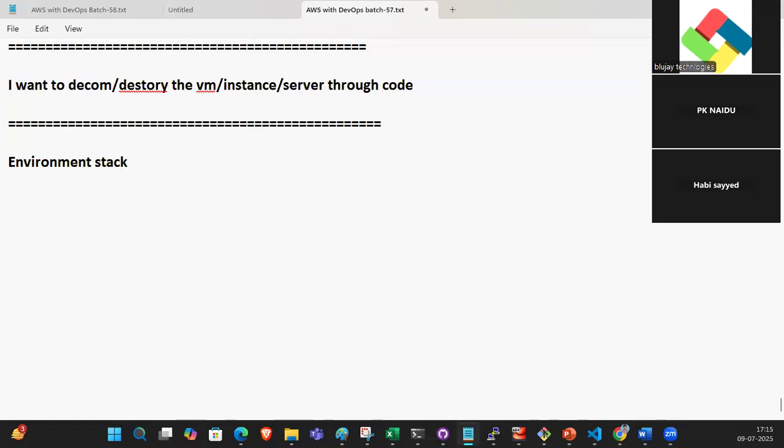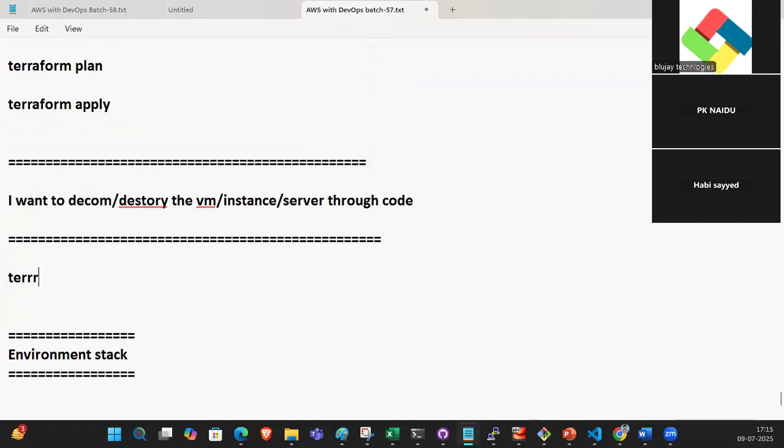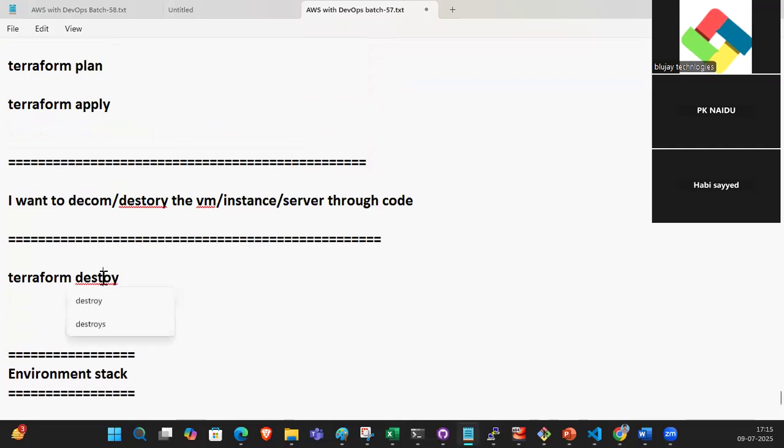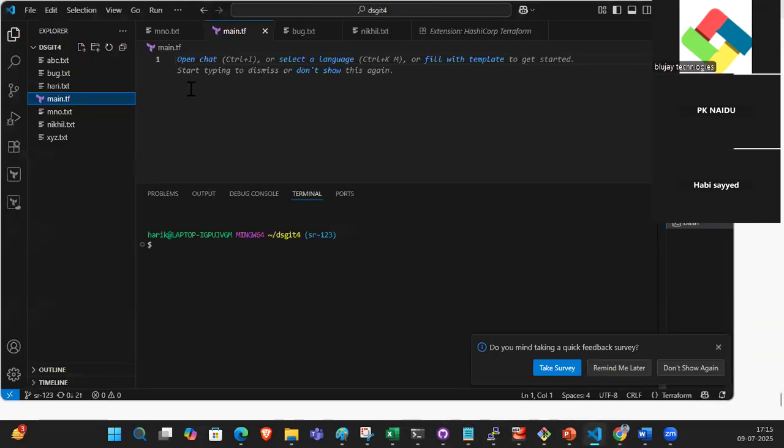What is this, guys? This is nothing but an environment stack. So what is an environment stack, and how do we destroy the VM? We can destroy the VM by using Terraform destroy. Terraform destroy will destroy the VM. But in the main file you have only